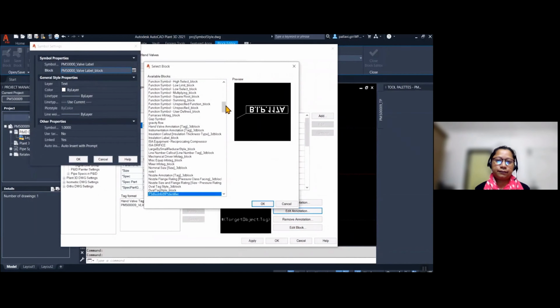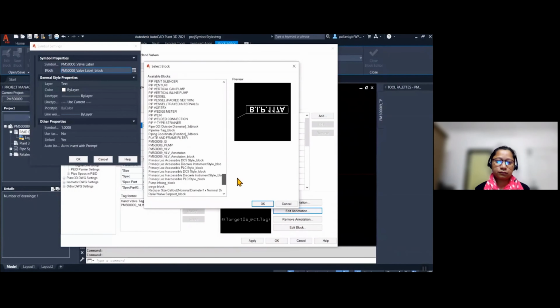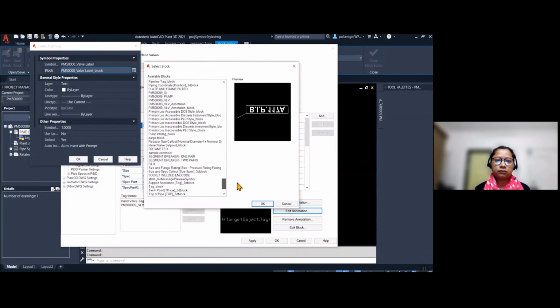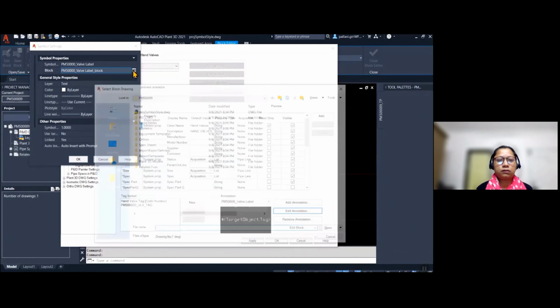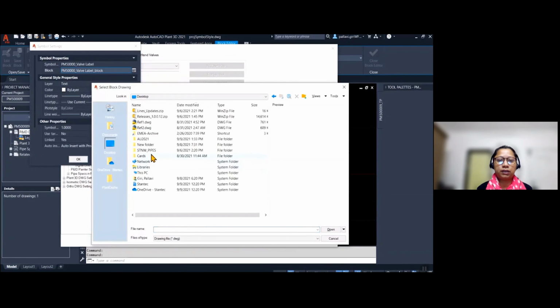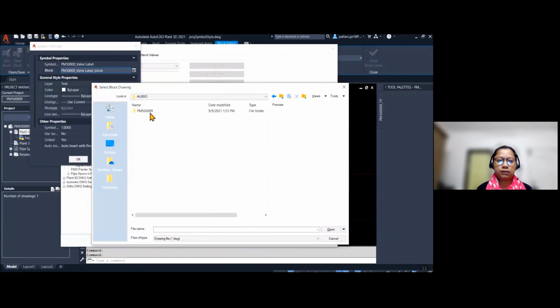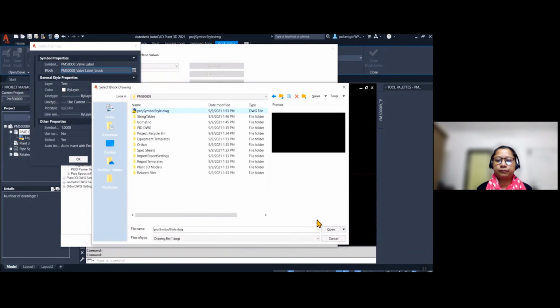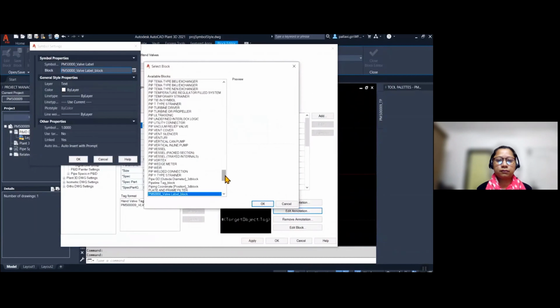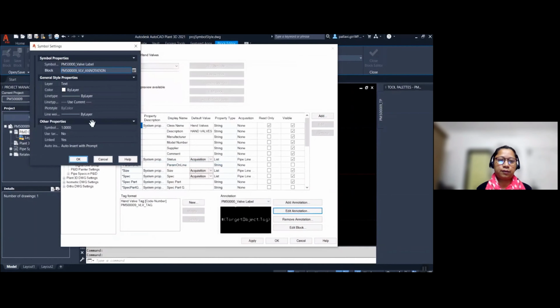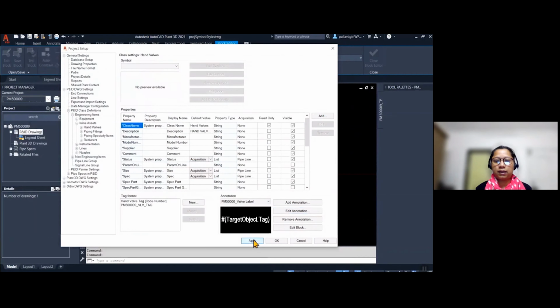It's quite a long list. Oh, I forgot to select that from the exact project. Okay, this is the one which we need to select, and I'm going to click on OK and then apply again.